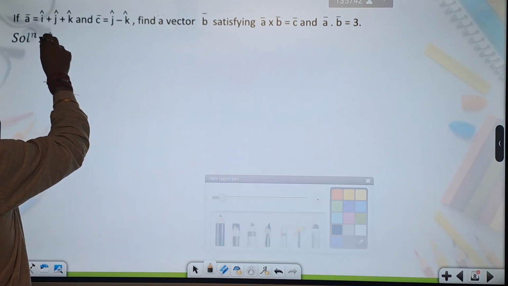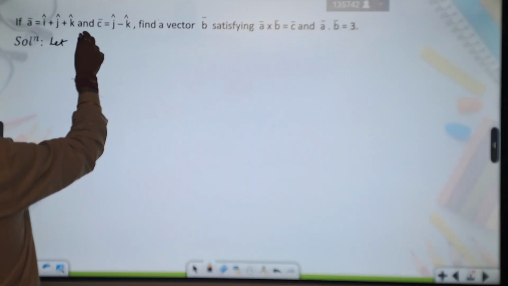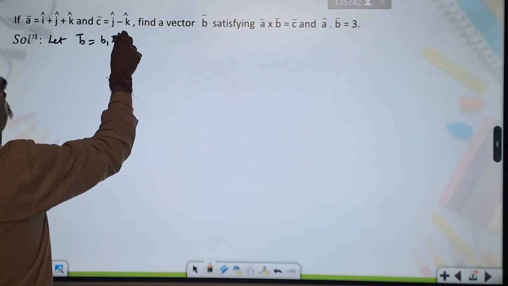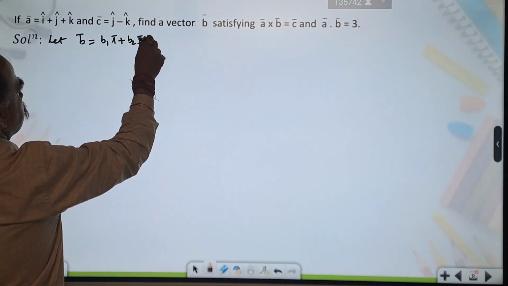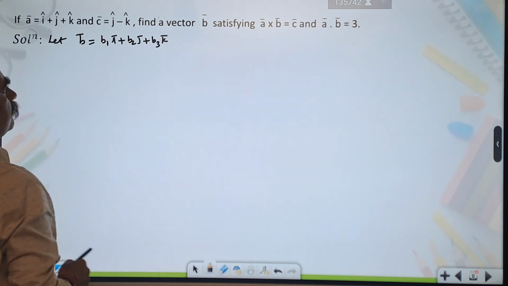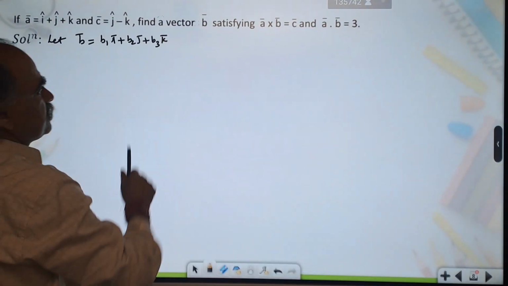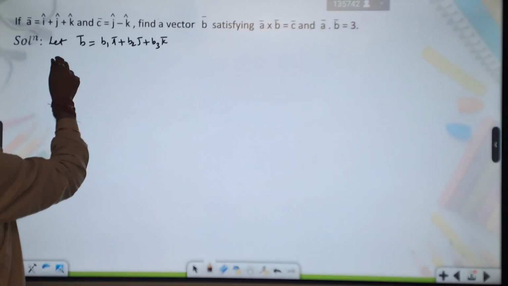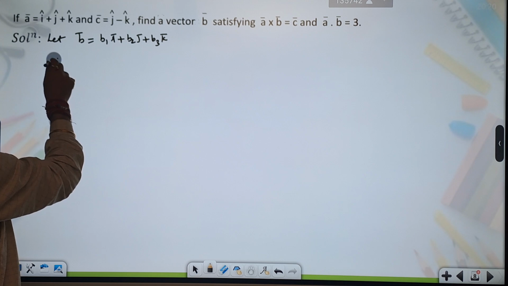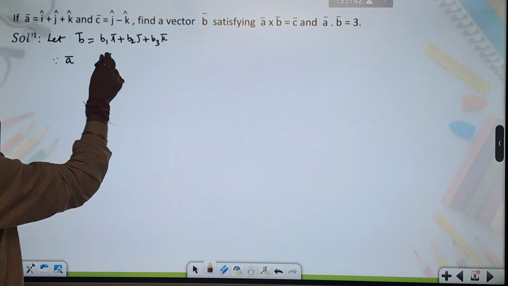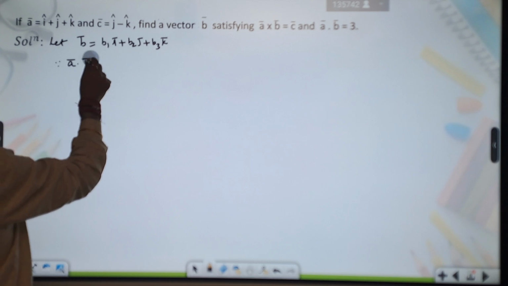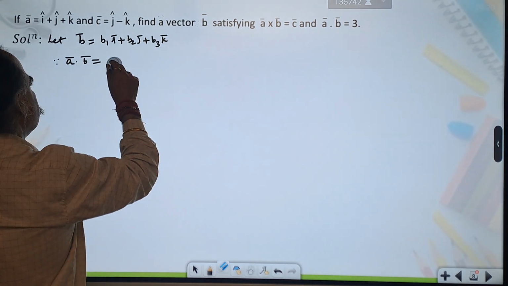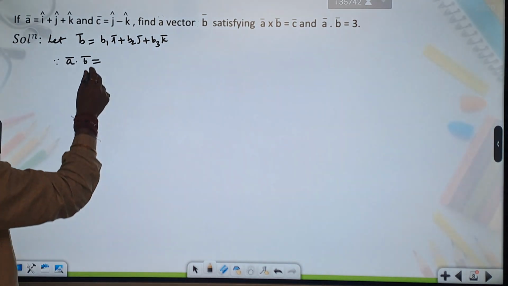Let b bar be b1 i bar plus b2 j bar plus b3 k bar. Now the condition given is a cross b is c bar. First, since a bar dot b bar is 3,